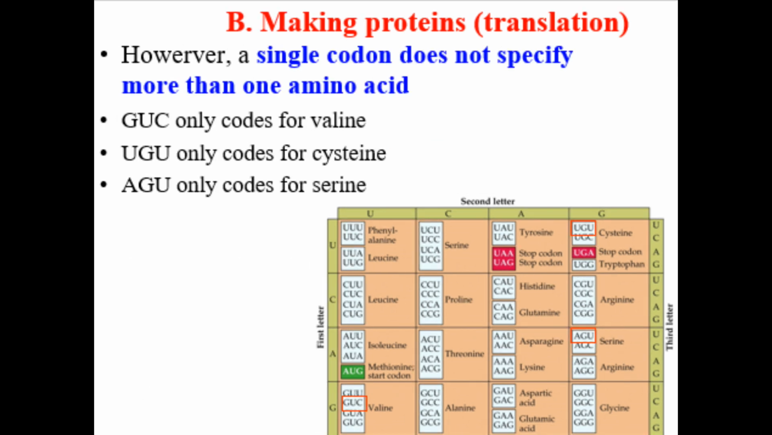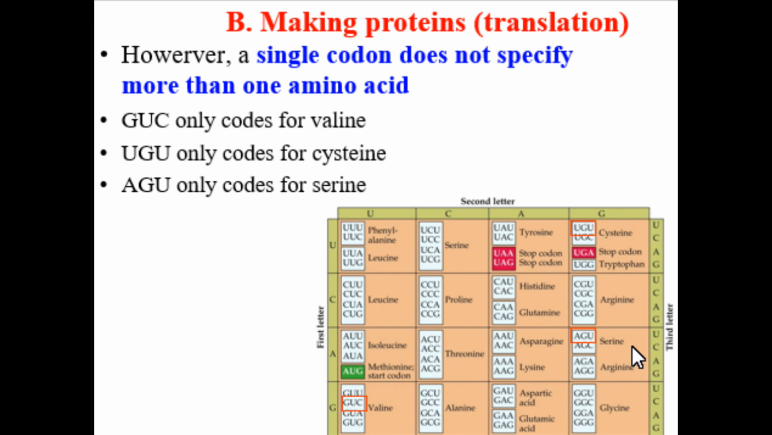Well, if you look at it more closely, there's this repetition, like I said. This GUC, the only thing that it tells a cell, if that's the codon, is to bring in this amino acid valine. This one, UGU, the only information that that codon contains is for the transfer RNA to bring in cysteine. Same thing here, AGU. The amino acid that goes right there, nowhere else,